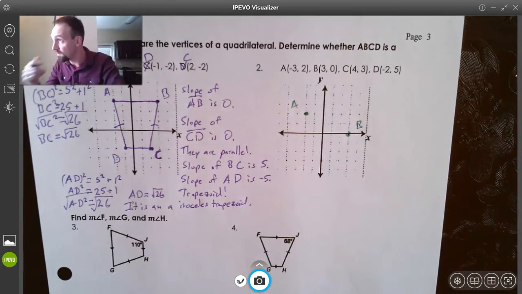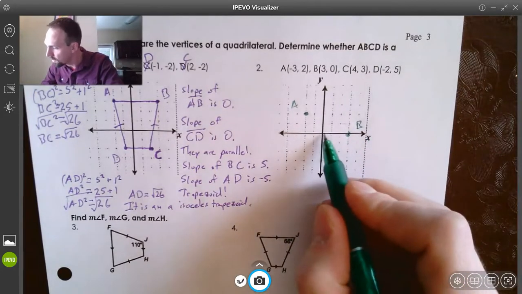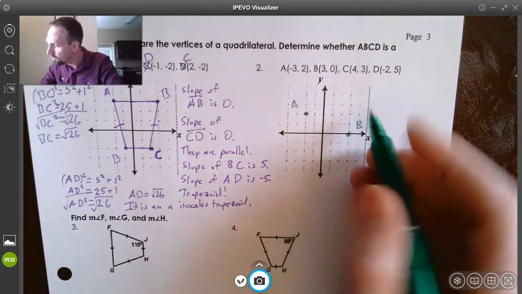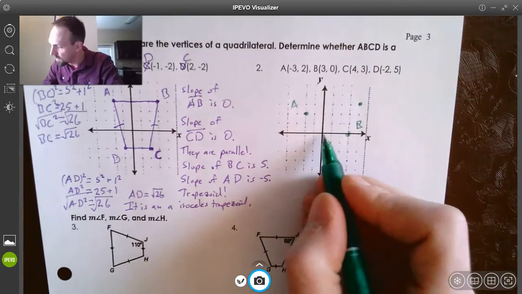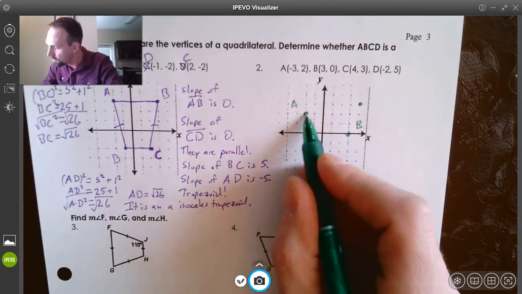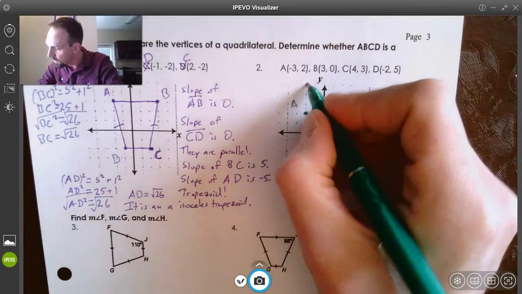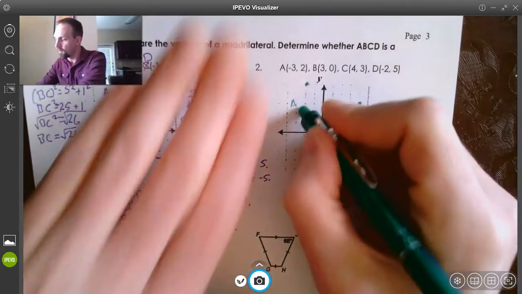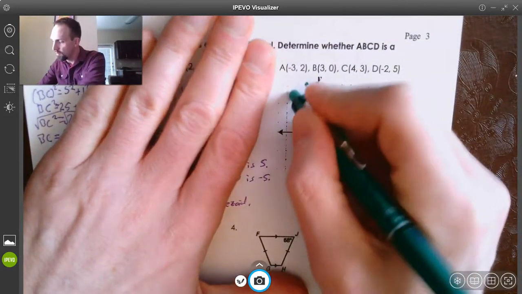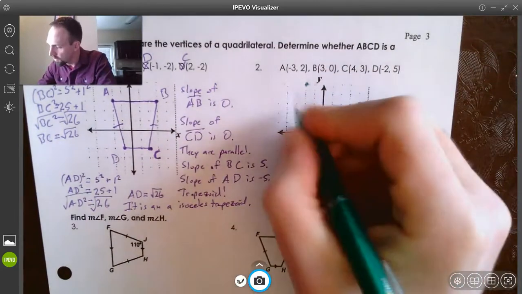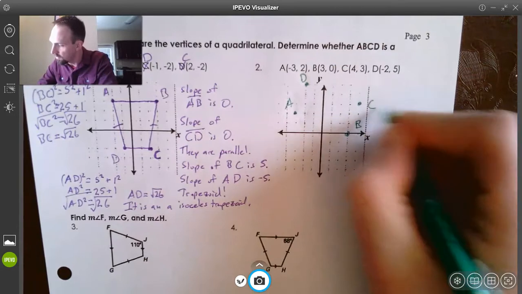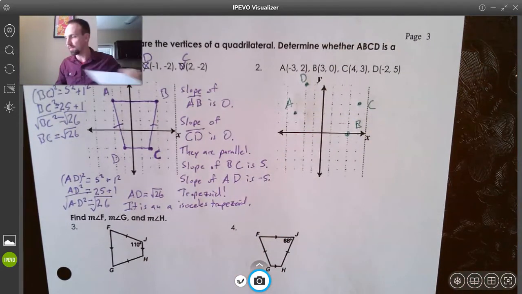C is 4, 3. 1, 2, 3, 4, 3. And then D is -2, 5. 1, 2, 3, 5. There we go. Oh, I didn't go far enough over for A. I'm sorry. Oops. Good thing I'm using an erasable pen. There we go. And then that's D, and then C. There we go. So now when I connect these,